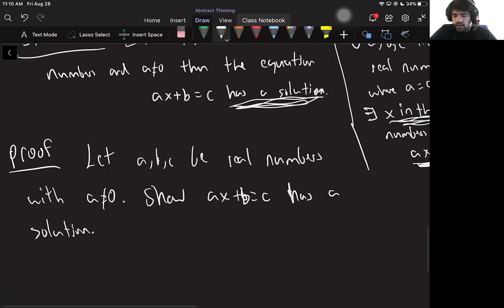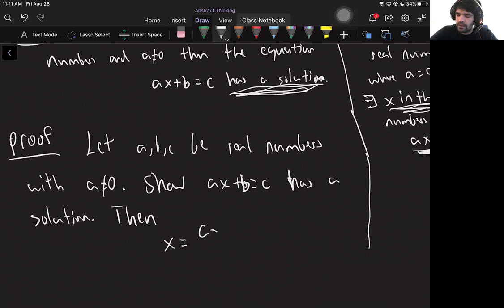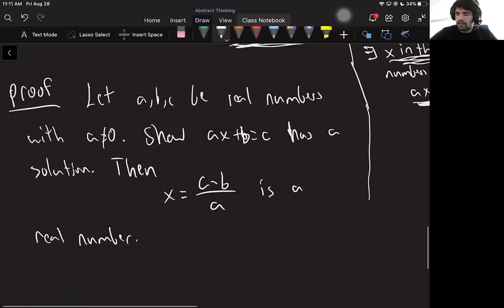Okay, so we're going to show that ax plus b equals c has a solution by just saying exactly what it is, by finding it. So of course, you would find it using scratch work, but I can do this in my head. So then x equals (c minus b) divided by a is a real number. Why is it a real number? Well, because a is not 0, and so there's no risk of dividing by 0. So this is a real number,